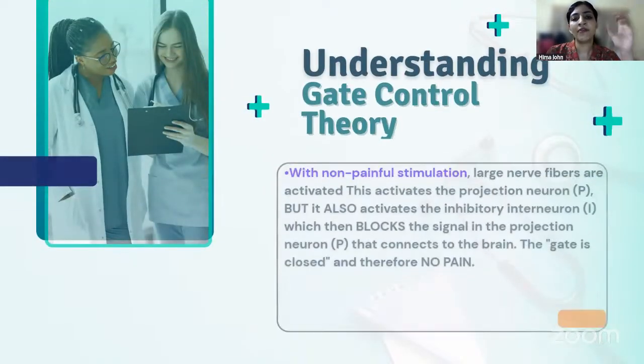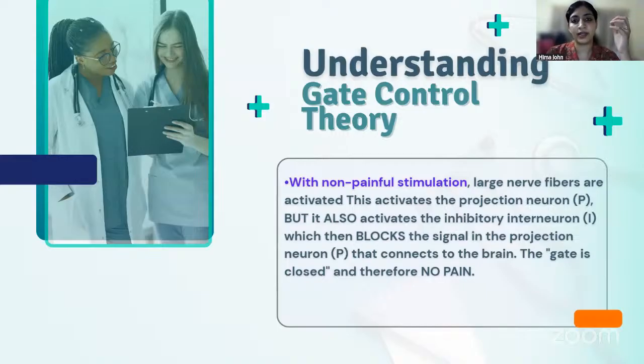Okay. So now when there is a non-painful stimulation, like suppose you're holding someone's hand tight, or someone is just squeezing your cheeks, but not painfully. When that happens, it activates your projection neuron. At the same time, it also activates your inhibitory interneuron. So because your inhibitory interneuron is more powerful here,